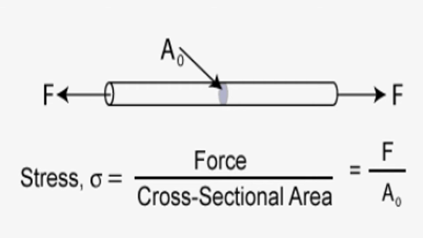are equal. Mathematically, stress is written as sigma equals F by A, where sigma represents stress in Pascal, also called intensity of stress. F represents external force or load in Newton. A represents the cross-sectional area of the body. The unit of stress depends upon the unit of load or force and the unit of area.